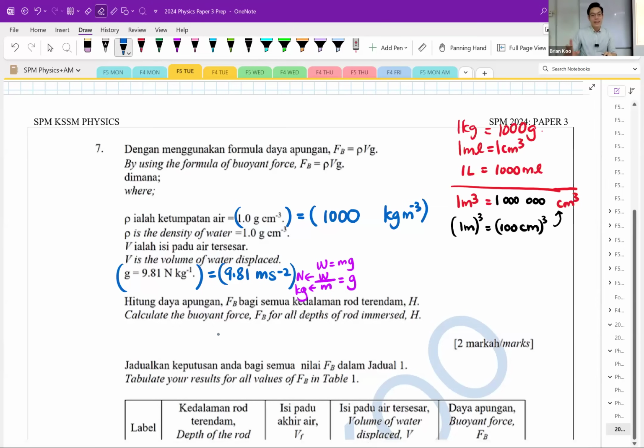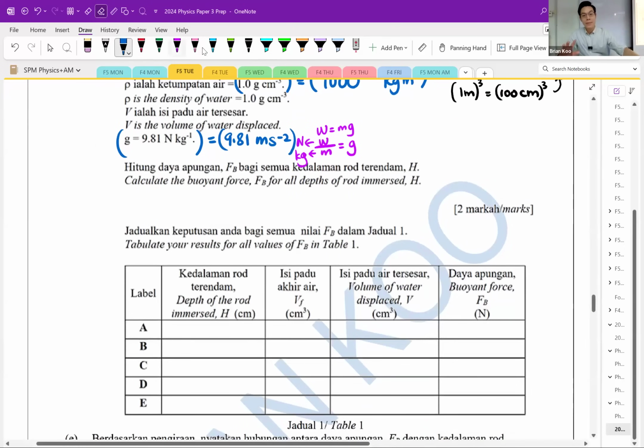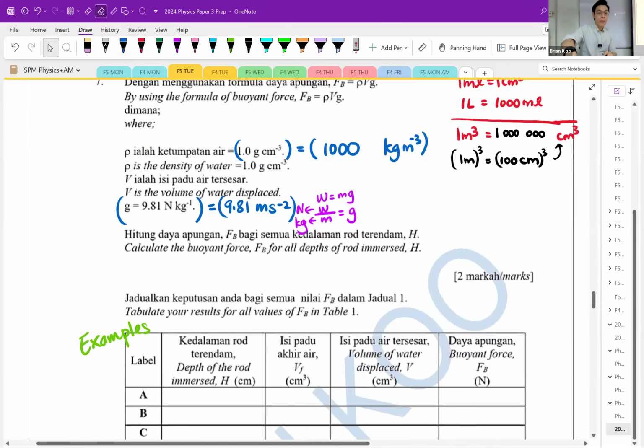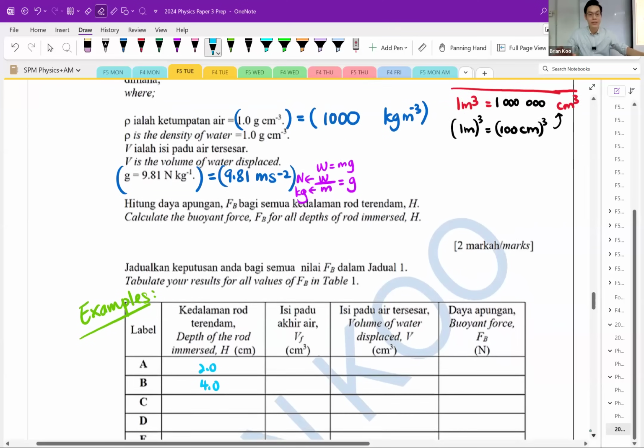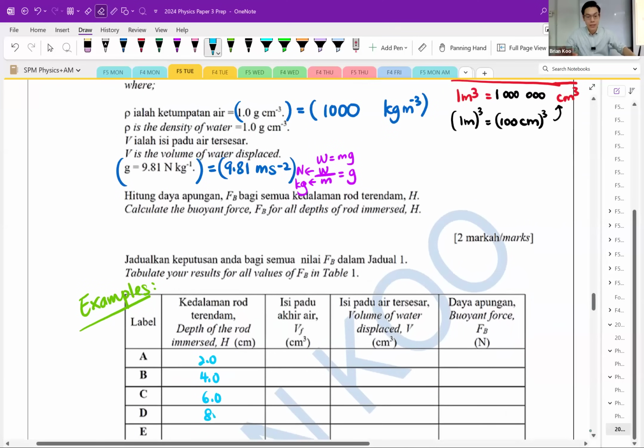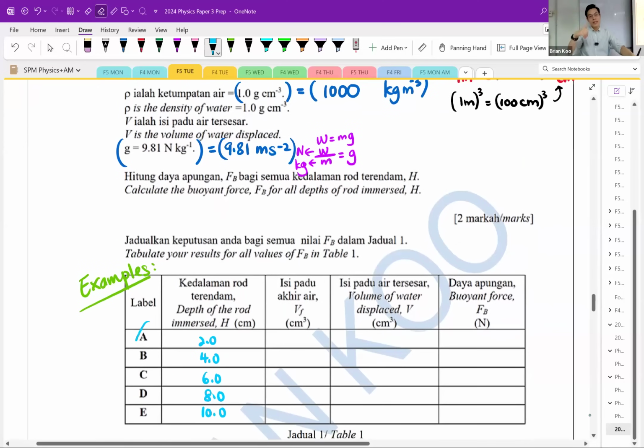Okay, then we calculate the buoyant force. I'm going to put down some example values. Again, these are just examples. Let's say my depth is 2.0, 4.0, 6.0, 8.0, 10.0. Your SPM paper maybe has the labels A, B, C, D, E. Maybe not. If it doesn't, you just follow this. Then you have your final volume as, let's say,